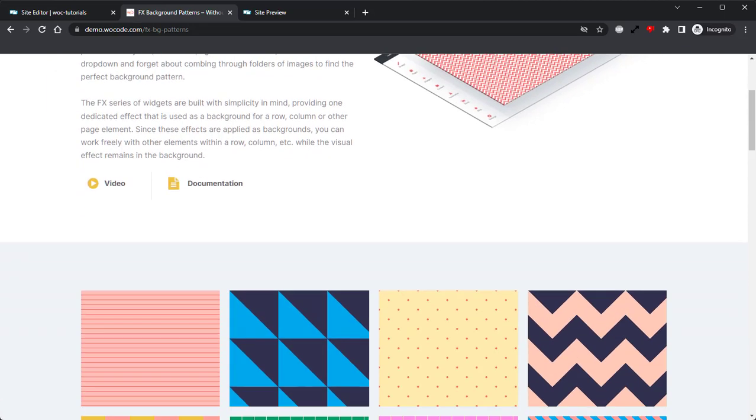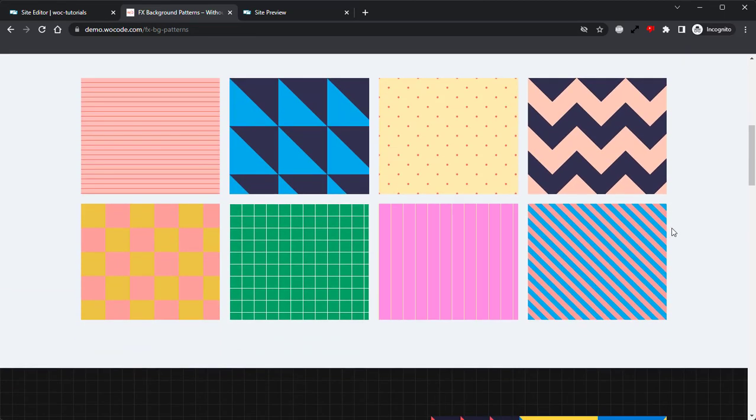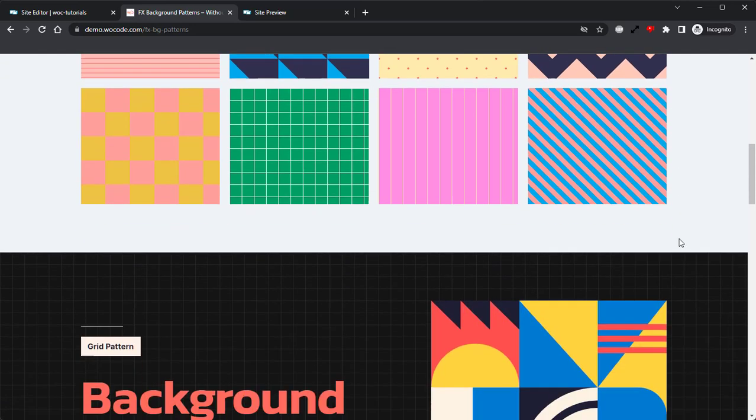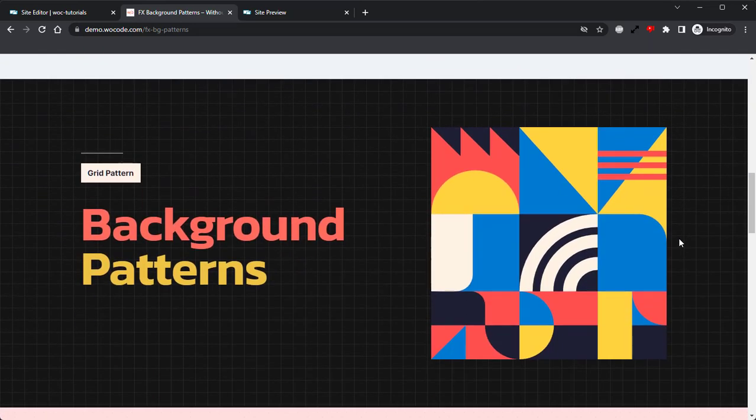The FX background pattern widget offers an incredibly quick and simple way of adding background patterns to any row, column, or page element. Forget about combing through folders of images to find the perfect background pattern. Simply use the built-in dropdown within the widget loaded with 12 excellent patterns ready to be applied and styled. With that said, let's go ahead and jump into the builder here and take a look at how to set